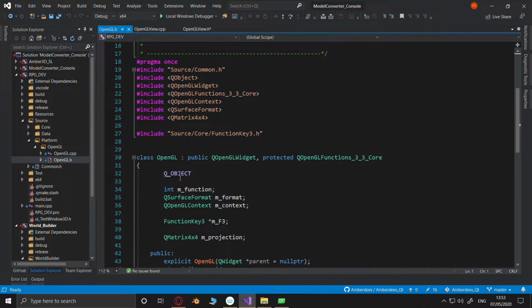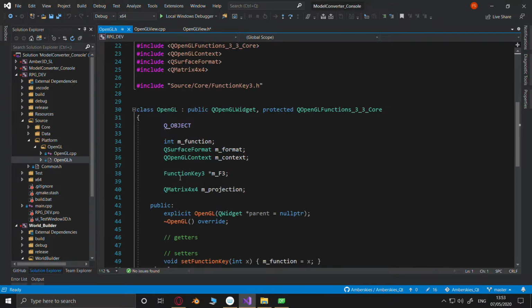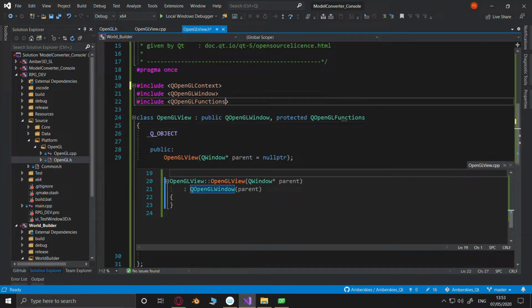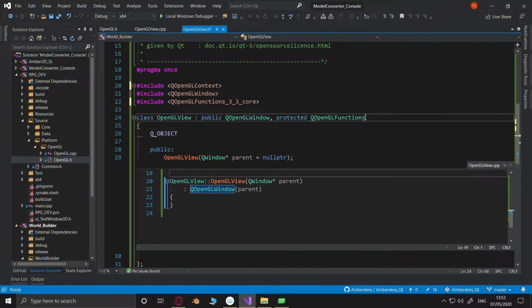Public protected QOpenGL widget. Yep, QWidget. Yep, this is fine. Oh, so we did use 3.3 core. Interesting. _3_3_core.